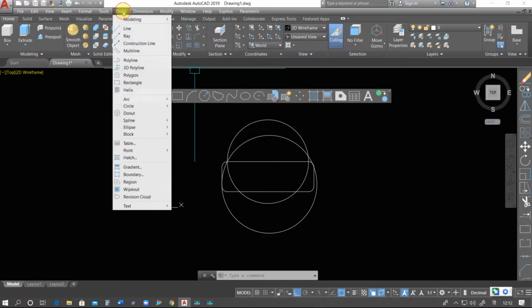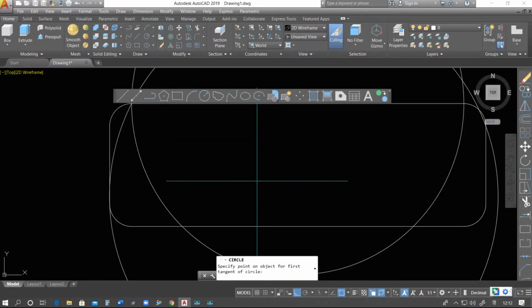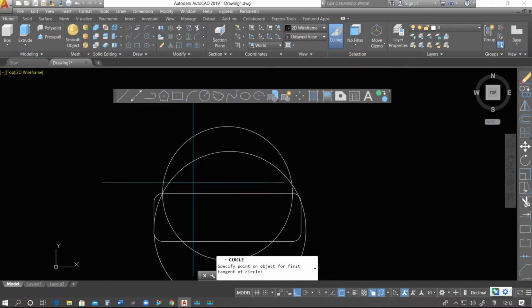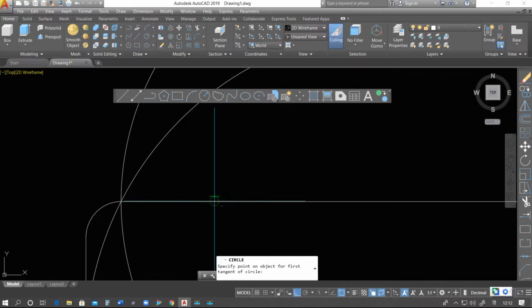Next option we have, that is tan-tan-radius. Suppose I want to draw a circle, and that circle should maintain tangency of two entities. I'm saying the first tangency should be from here, the second tangency should be from here.